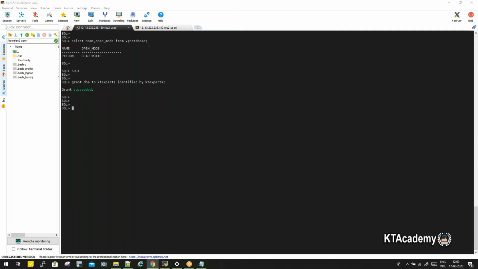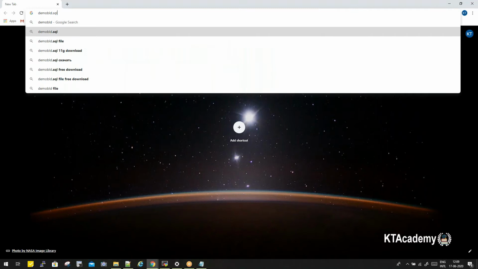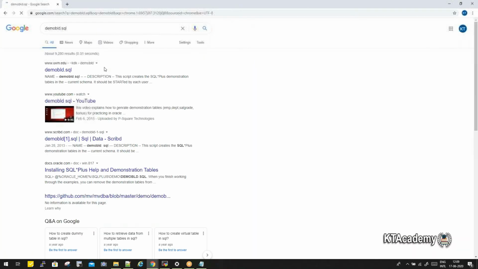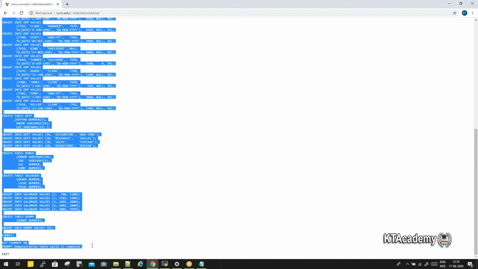Let me open a new tab and here I'm going to use the demobld default script. I'm searching for the script. So copy the entire script and paste it in your OS file.